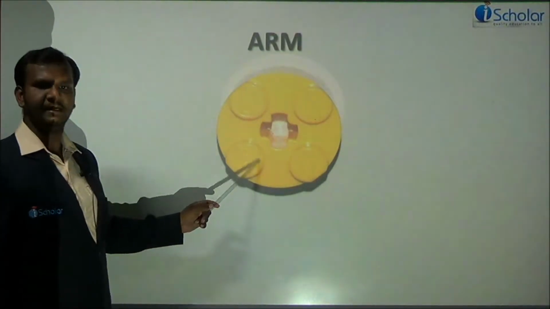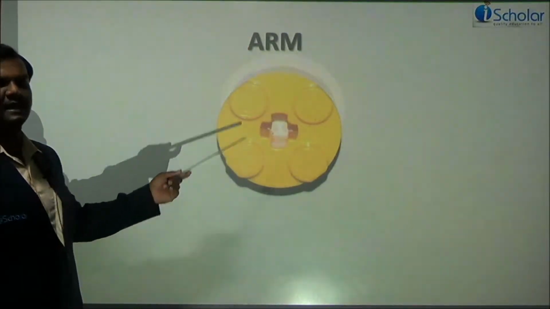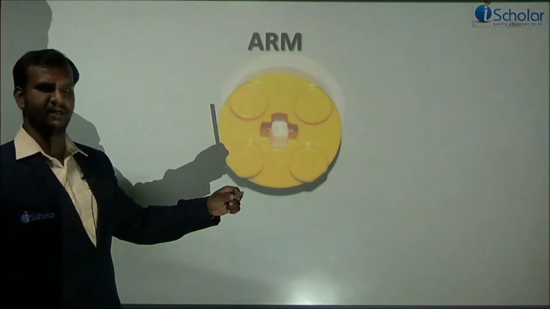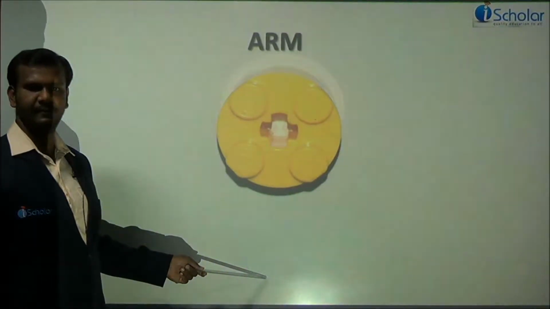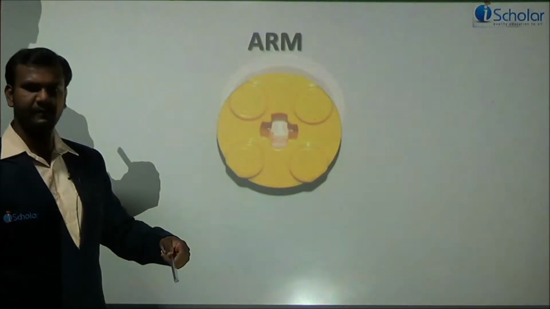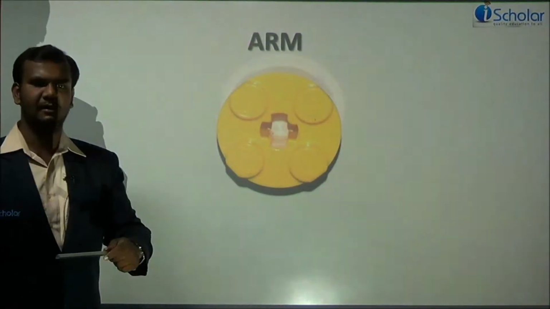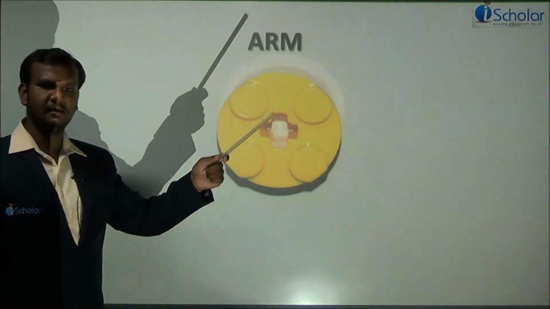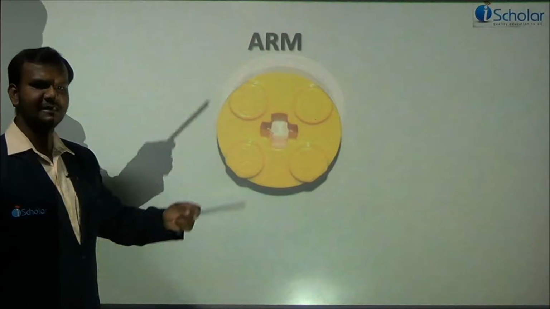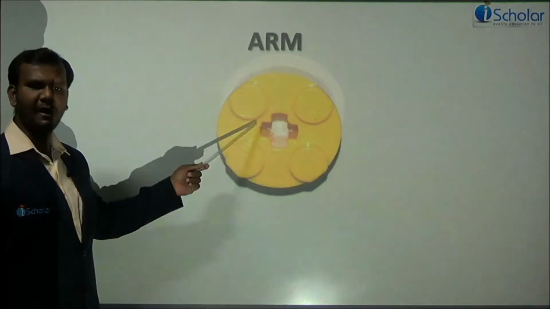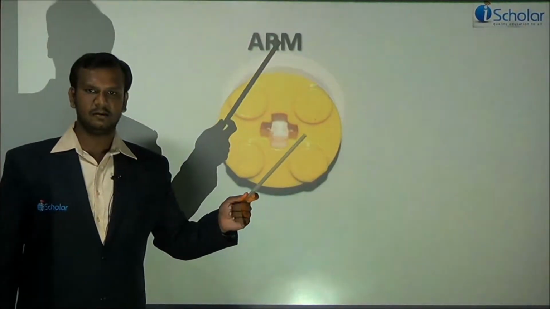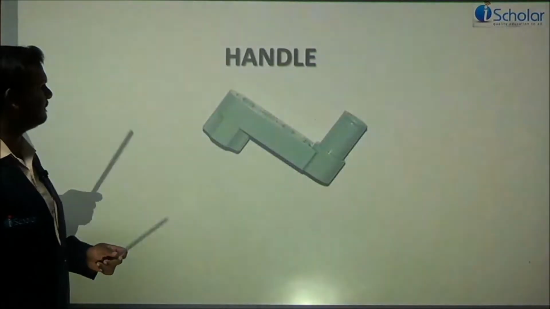This particular arm is again an important component, and it is placed underneath your seating arrangement. So to this the axle is connected. And where is the axle connected? That particular axle is connected to the gear. And the gear is connected to the handle. Can you now link the components? The handle extender is connected to the gear. So the gear is connected to the axle and the axle is connected to the arm. And above the arm you kids are sitting. Fine? So are you able to relate? Good, that's great.